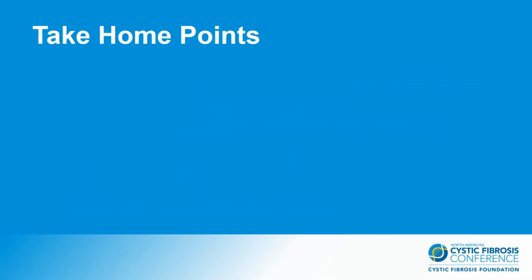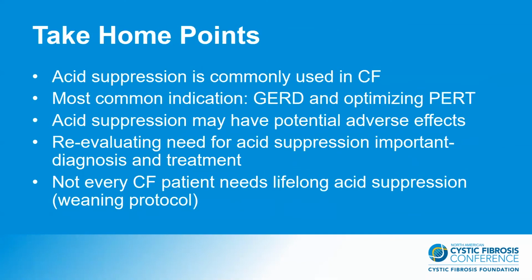But my take-home points are that acid suppression is commonly used in cystic fibrosis patients, but the most common indication being gastroesophageal reflux disease and optimizing pancreatic enzyme replacement therapy. Acid suppression may have potential adverse effects, as I mentioned. And so it's very important to reevaluate the need for acid suppression, and it's important to find out how they were diagnosed with gastroesophageal reflux disease, and why they are using acid suppression for pancreatic enzyme replacement therapy, and